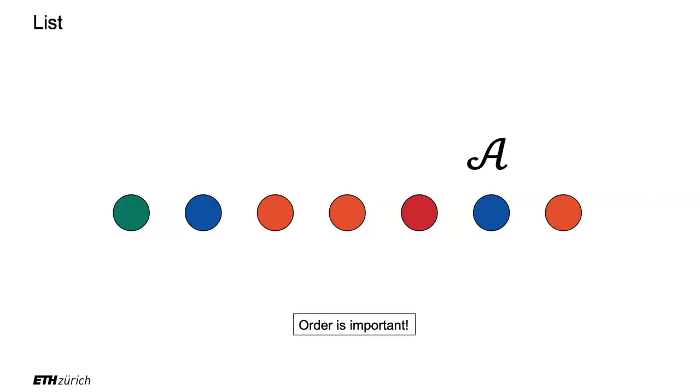Then we have lists. I'm using the computer scientist term because mathematicians, I think they call them sequences, but computer scientists, they call them lists. It's just,